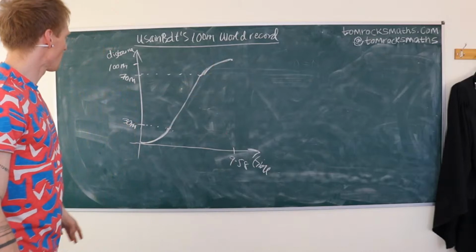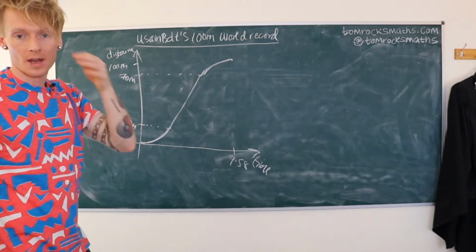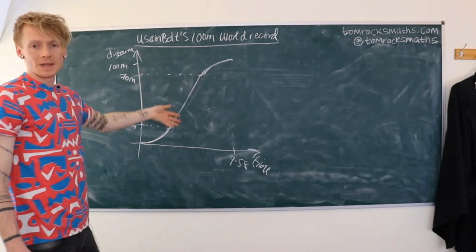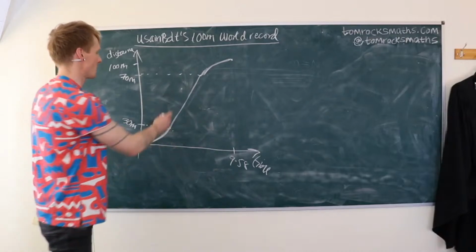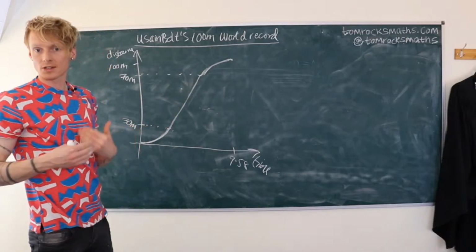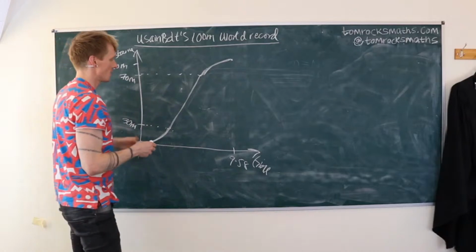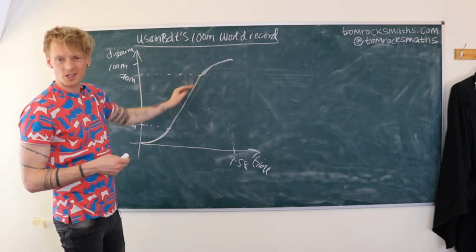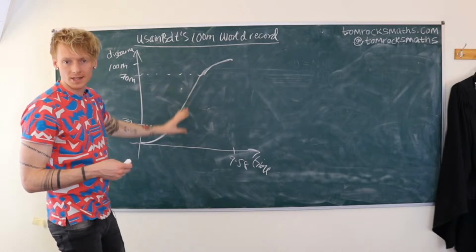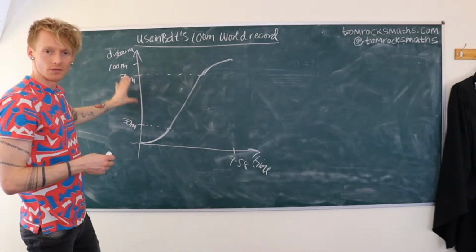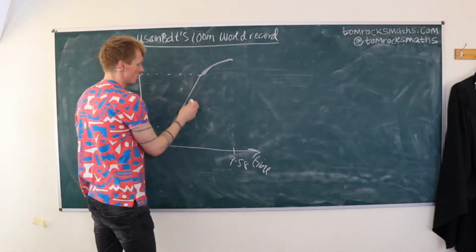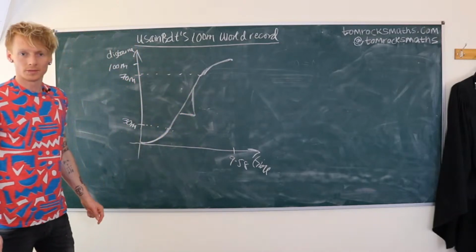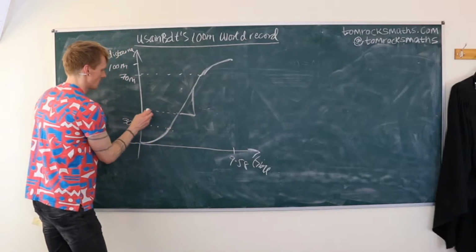Now, this would be an example of a distance time graph where there's a non-constant speed. If we want to know the speed in the middle section where the sprinter is at their top speed and is powering through, you basically just need to know the gradient of this straight line, because this is approximately a straight line in the middle. They can maintain this top speed for about the middle 40 meters. So here, you turn this into a triangle, and then I think the method that you're